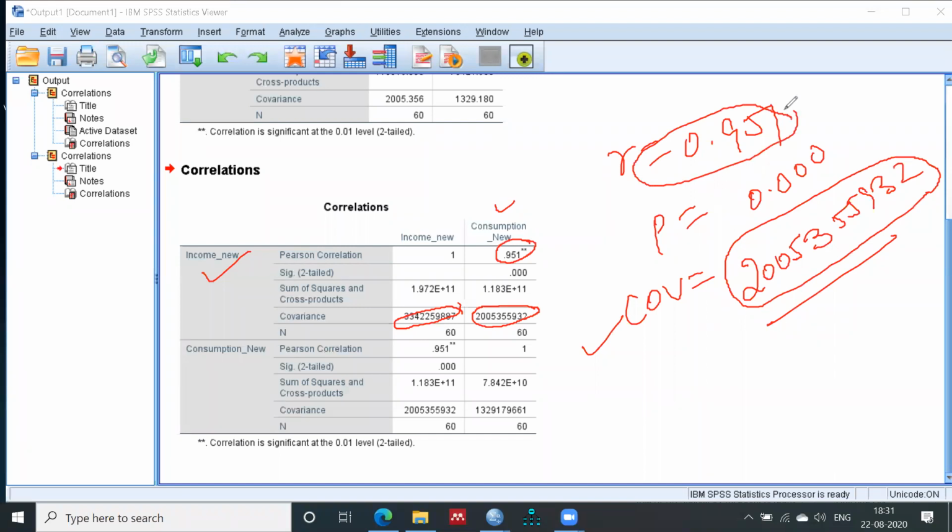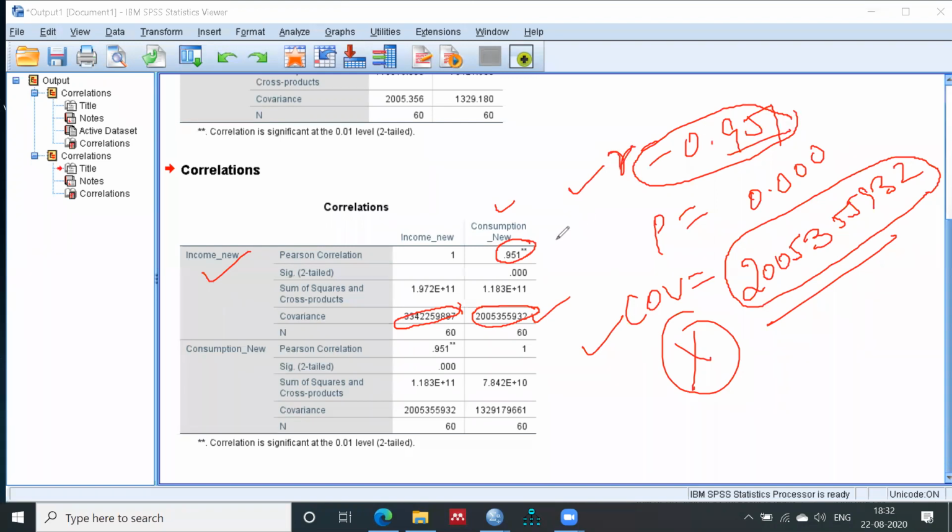So what you can interpret here is that covariance is not very useful. You can interpret with the help of correlation only, because covariance will change again if you make changes in your data or in your unit. So we will not take covariance anymore, we will consider correlation, because it is unitless.